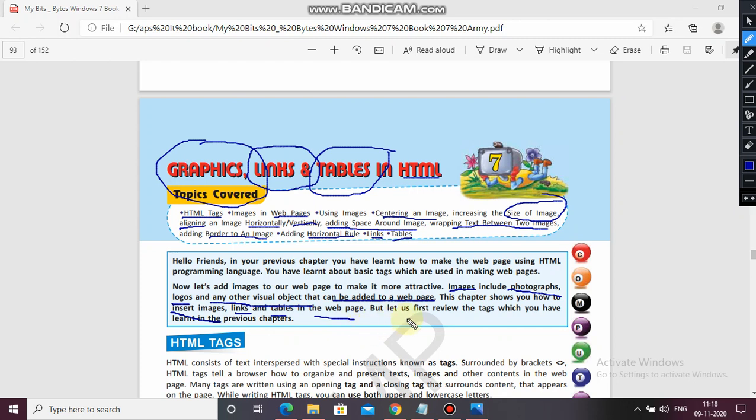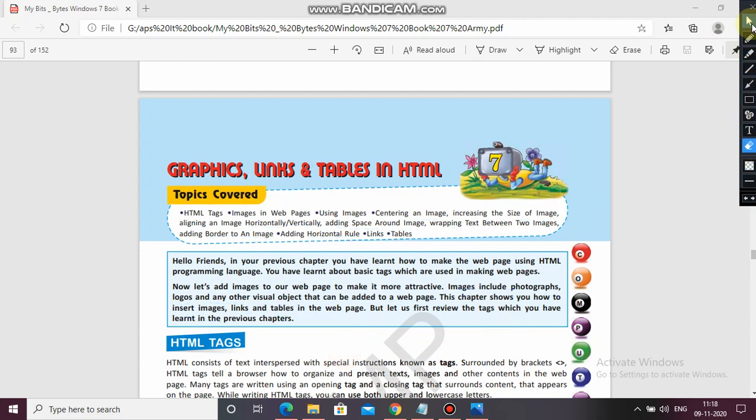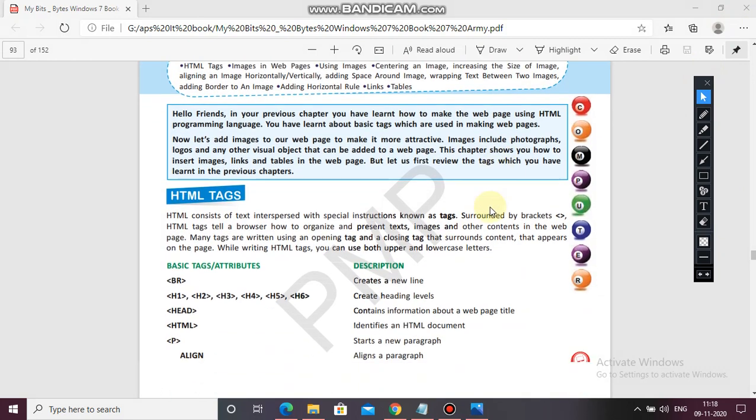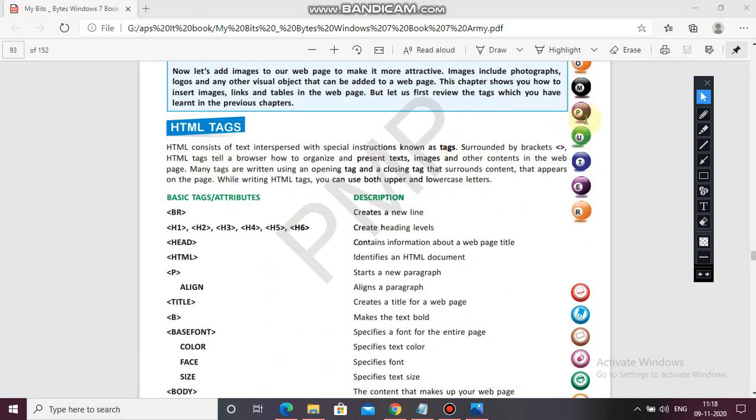But let us first review the tags which you have learned in the previous chapter. So let's see that. HTML tags. HTML consists of text interspersed with special instructions known as tags. Interspersed means fitted with special instructions. Whatever the special instructions are, the text is fitted between them, known as tags.